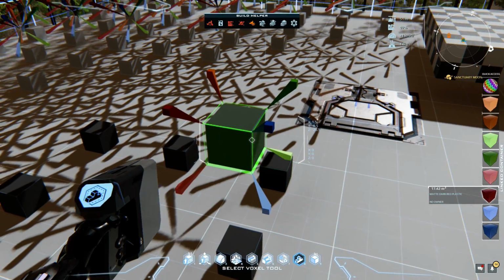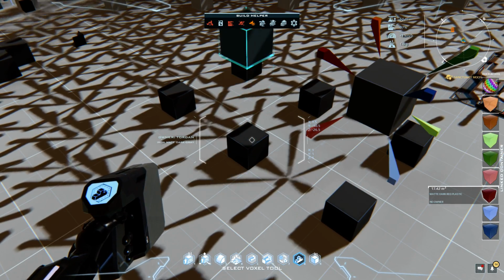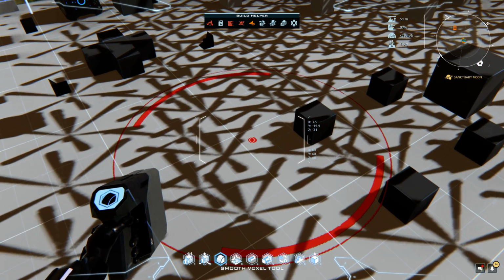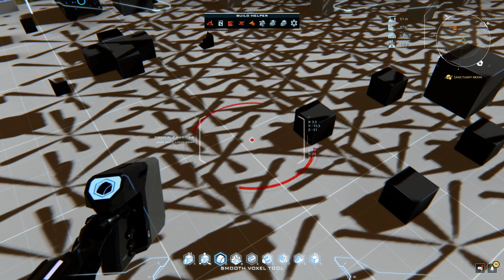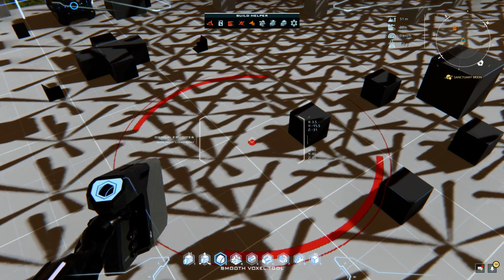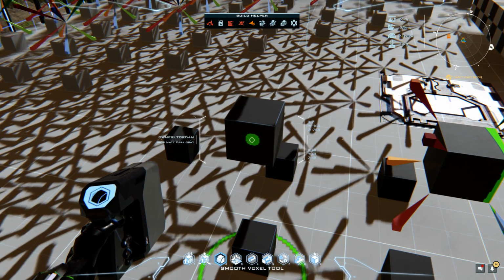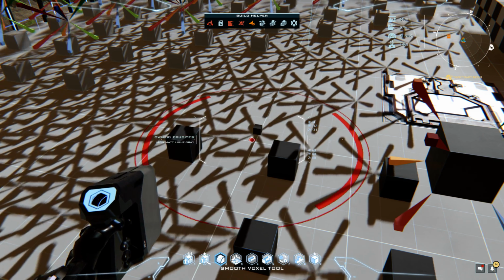Now, if I take a voxel and I'm going to shrink this voxel, so I'm going to again choose my smooth voxel tool. I'm going to expand out, holding down the control key and using the mouse wheel. I'm going to extend my circle out to full size, and I'm going to hold the Alt key and use the pinch or shrink feature of the smooth voxel tool, and I'm going to click on this, and you'll see that it